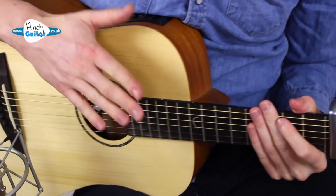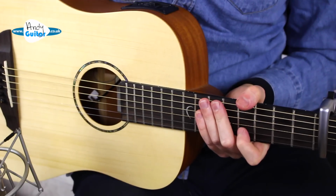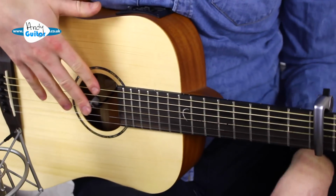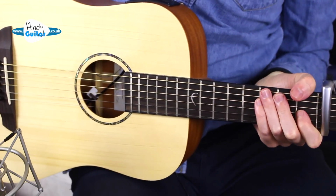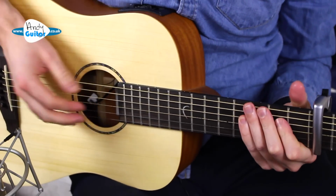ERASER, the new song by Ed Sheeran from his new album Divide. The album is out today, and this song is pretty easy, pretty repetitive. We've got a capo at the 4th fret, importantly first of all, but we're generally using just 3 chords for the majority of this song,